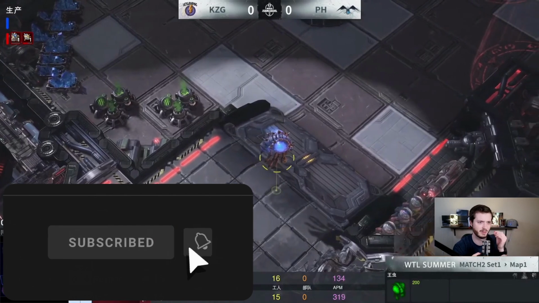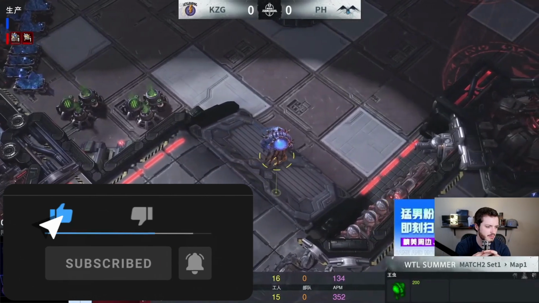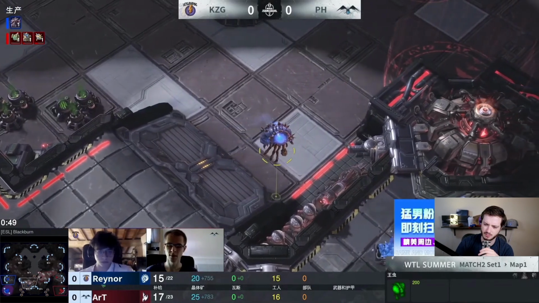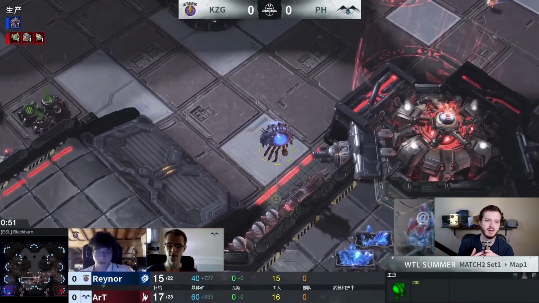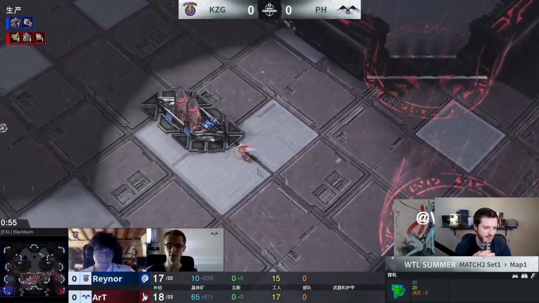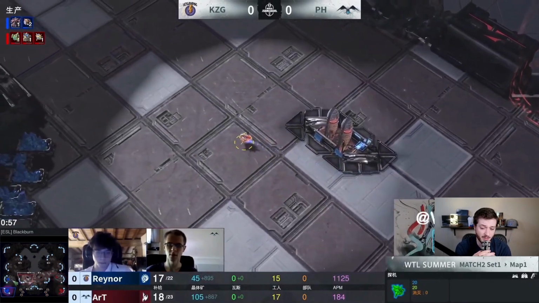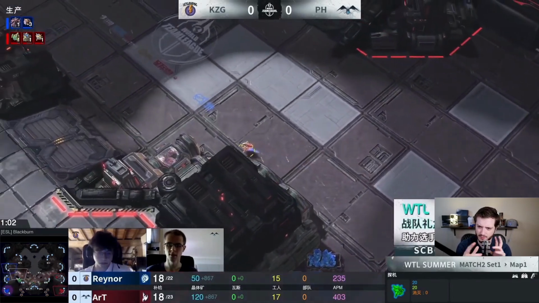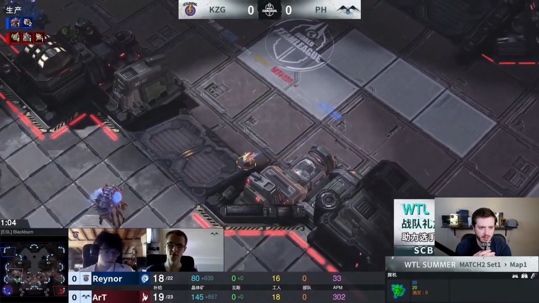Interesting though, Blackburn. Wait, was Blackburn map 1 for? Yeah, Blackburn. Okay, it was. I was like, wait a minute, I don't remember that. But Blackburn in a PvZ is a bit problematic if you're playing the new Gateway Man style, because the Protoss kind of gets their 4th base for free, and the Zerg cannot take the 4th base